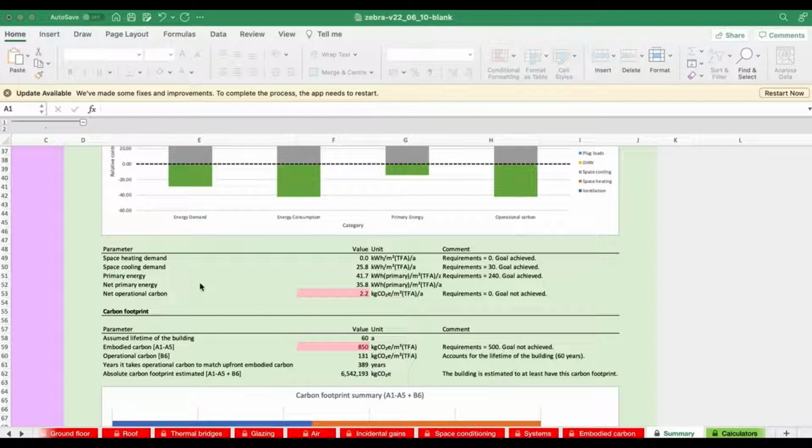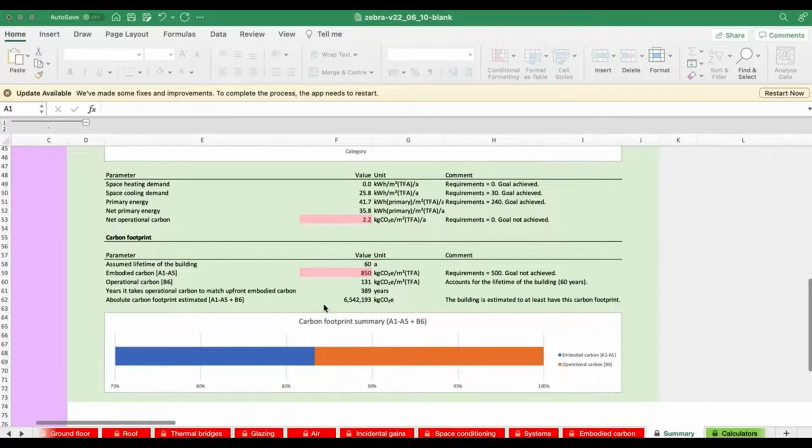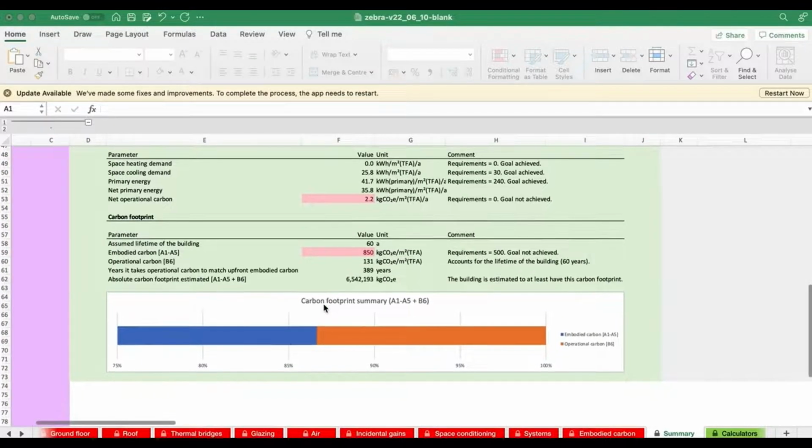The next figure is in red, and that's the net operational carbon. Now, the reason it's in red is we demanded a zero carbon building, but it's turned out the PV is not powerful enough to make up for all the energy use in the building. So we're not going to make that, and Zebra automatically highlights that in red. So if anything you match your environmental philosophy with, your design will be in black, and anything where you fail will be in red. The next table presents that information in the form of carbon rather than energy.